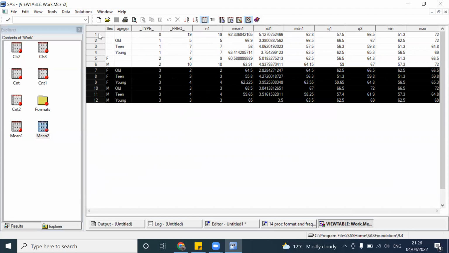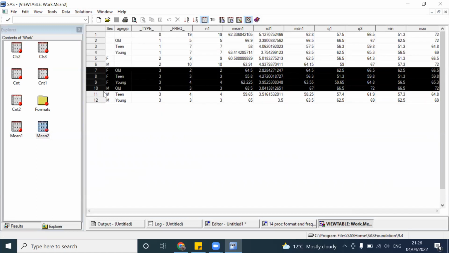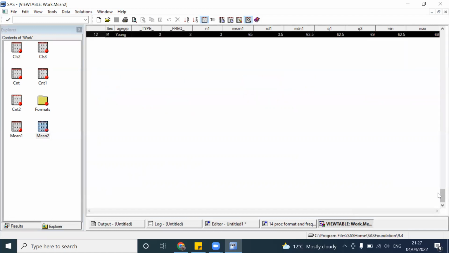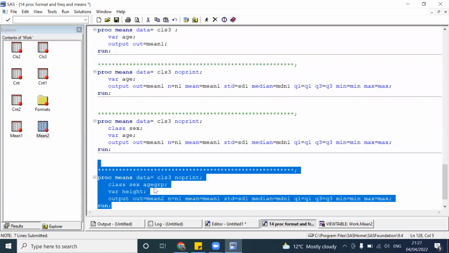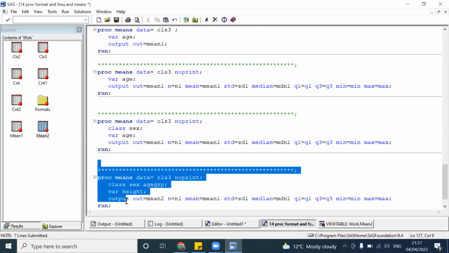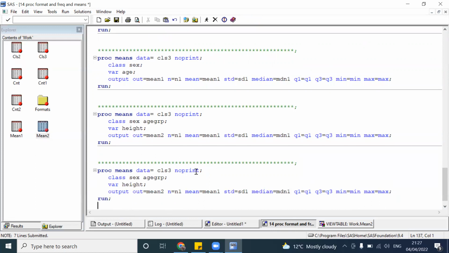But do we require this part when we are just using the classification with two variables? We need the maximum way, right? We need only the three. _TYPE_ equals 3 part only we need. So we don't require the first two parts. Why? Because we just need this information when we are doing the classification for two variables. Yes or no? So for that, if you want to display only the maximum way information, you need to use